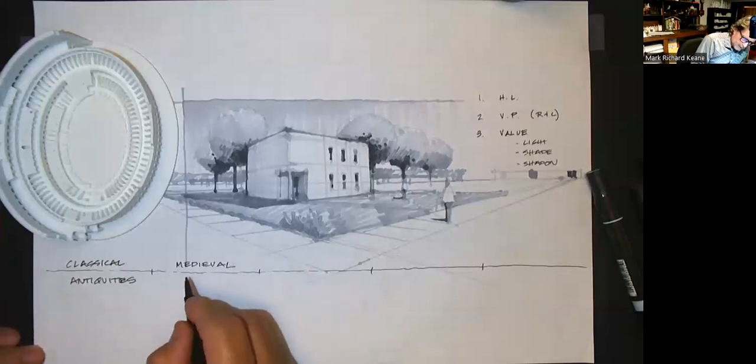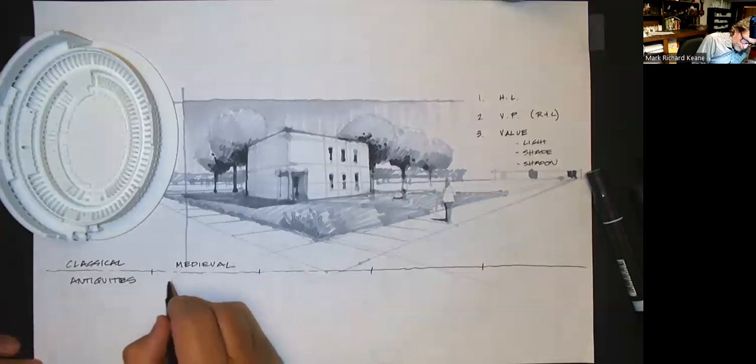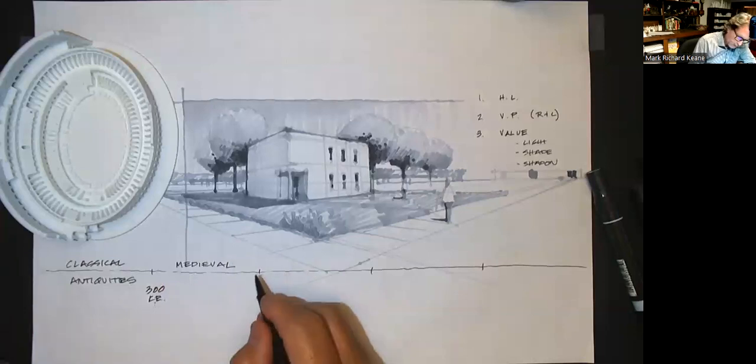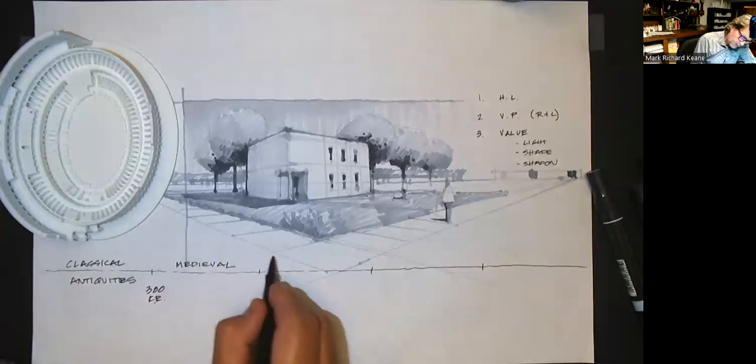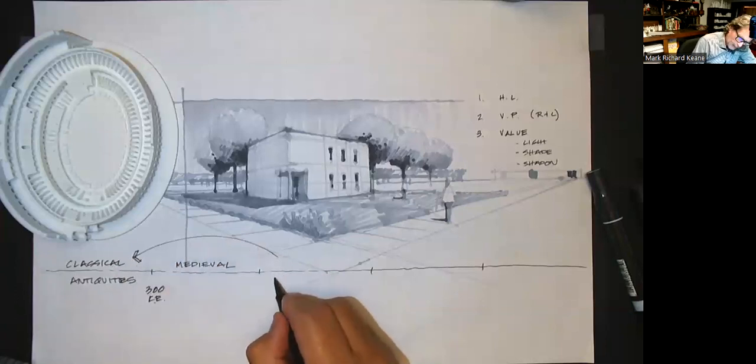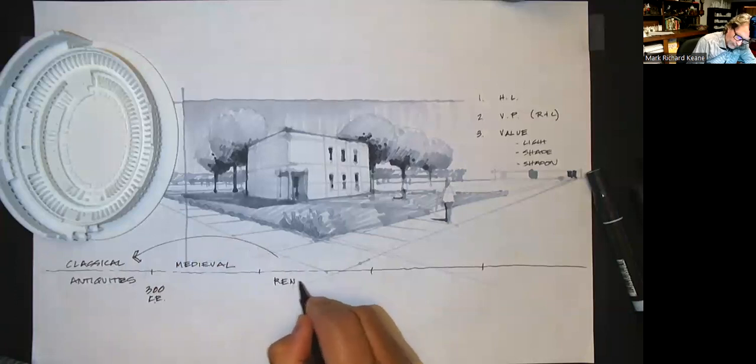So that'll take us from the sort of broad-based change around 300 in the Christian era, all the way up to the rebirth. So this has got a broad-based language of why it's called this. The Renaissance,